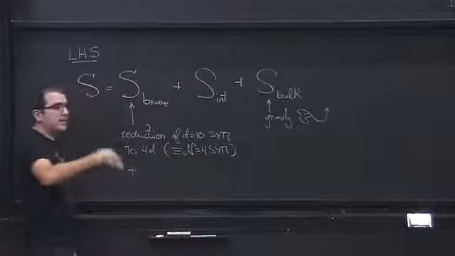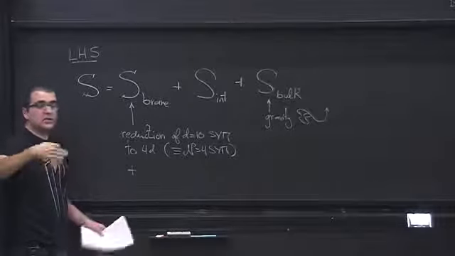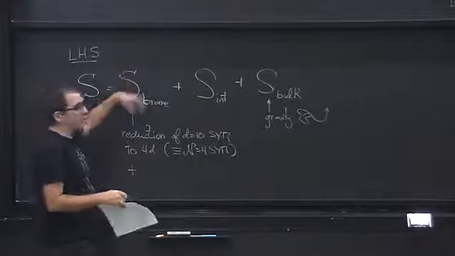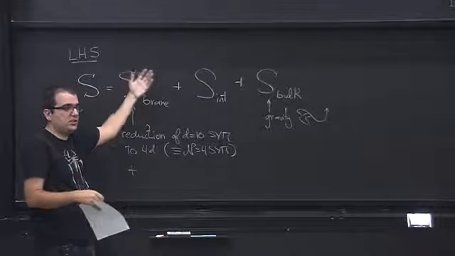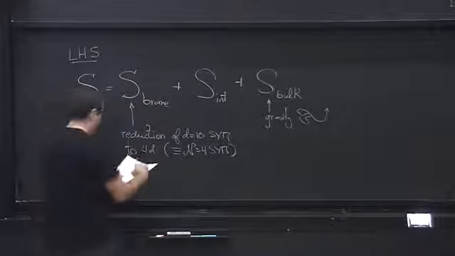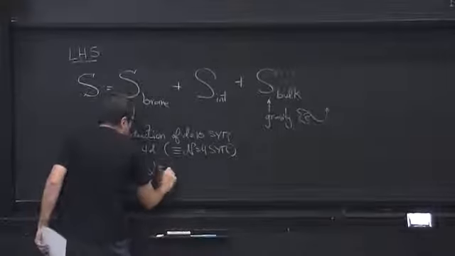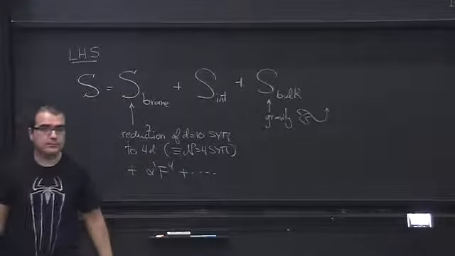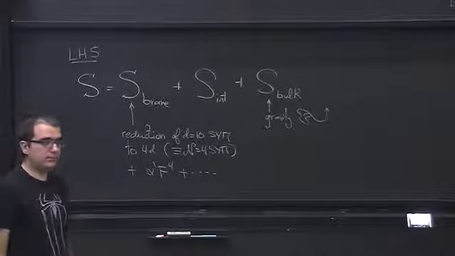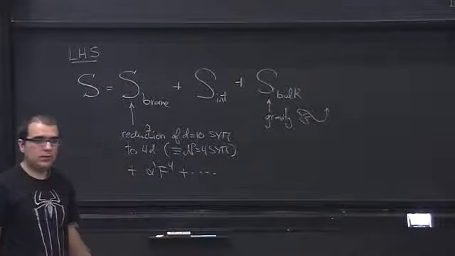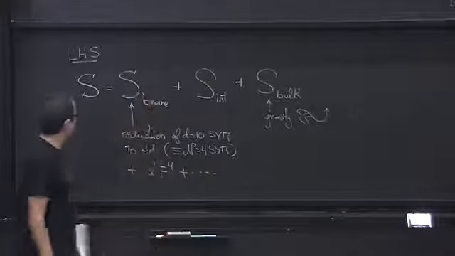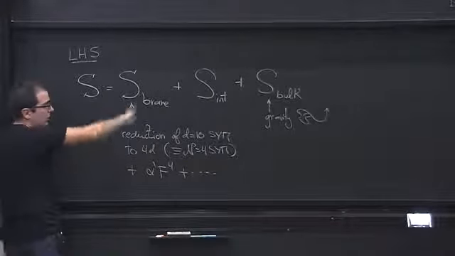Plus, if we integrate out all higher fields, you start getting higher derivative corrections. In other words, what you get here is really a Born-Infeld type action, which is just Yang-Mills plus some corrections like alpha prime F to the 4 plus dot dot dot, which are higher derivative corrections. This is just a low energy expansion.